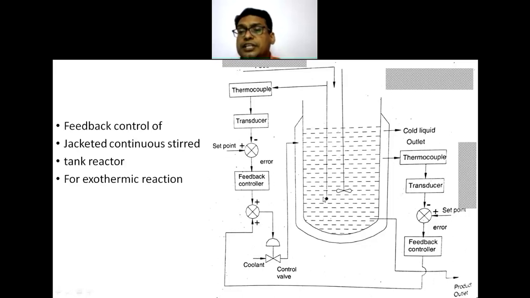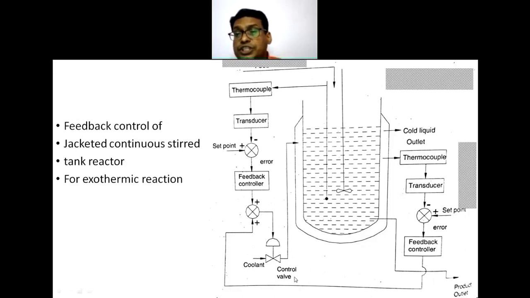So I am measuring the temperature in the reaction vessel. A thermocouple is used, the transducer is connected, then a comparator is used, and then there is a feedback controller. The system till now is the same here, but it's an exothermic reaction. In this exothermic reaction, whatever heat is generated has to be taken out, and for that purpose we are supplying